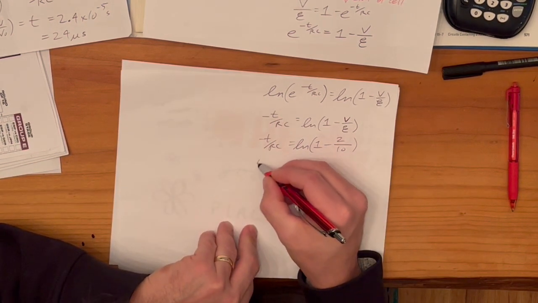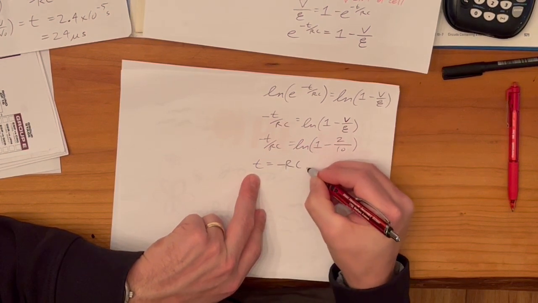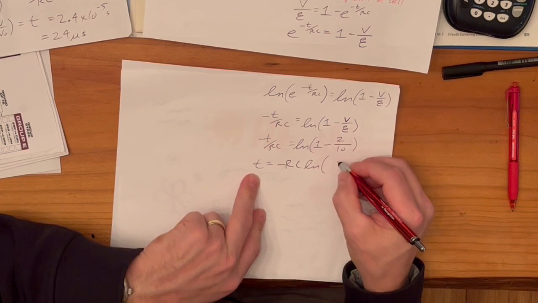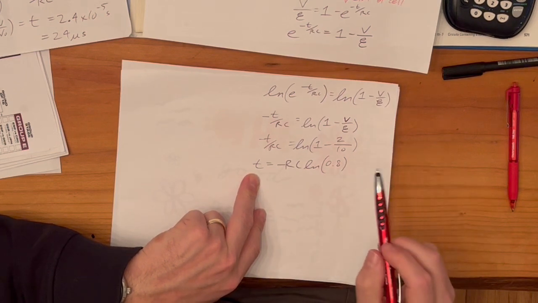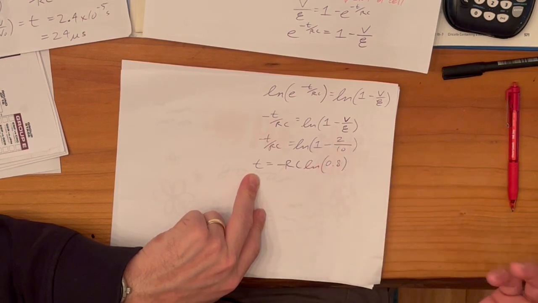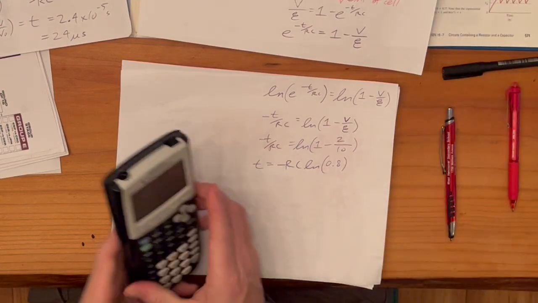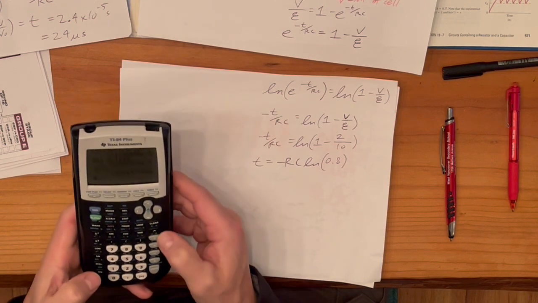And of course, I want to solve for t, so I'm going to bring this negative RC over here, and I'm going to just make this, that would be 8 over 10, so 0.8. Because it's 10 over 10, and 10 minus 2 is 8, and so 8 over 10, and that's 0.8. Okay, so if we put those values in, we're going to have negative